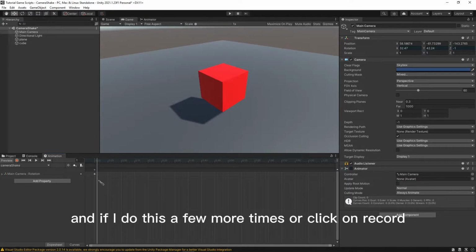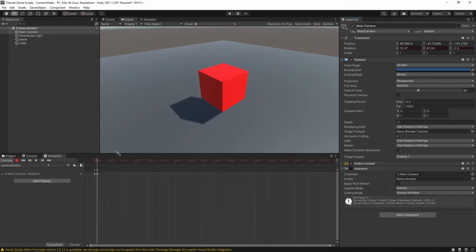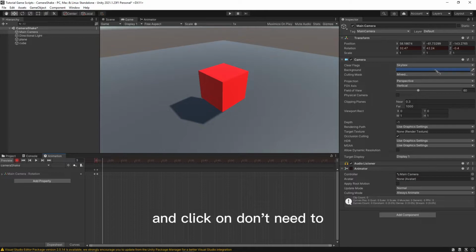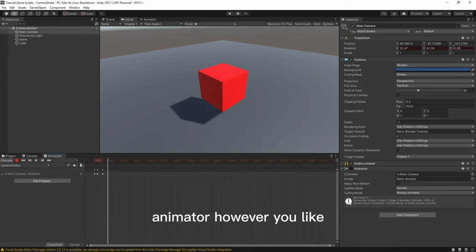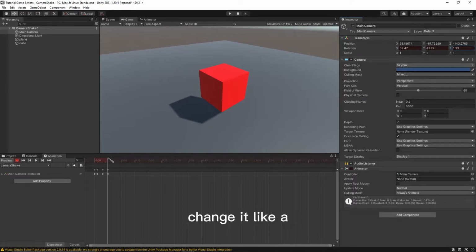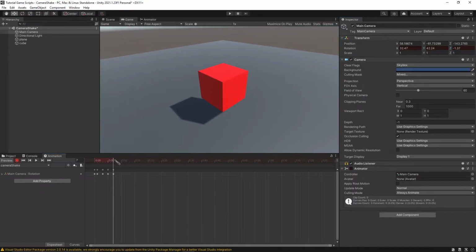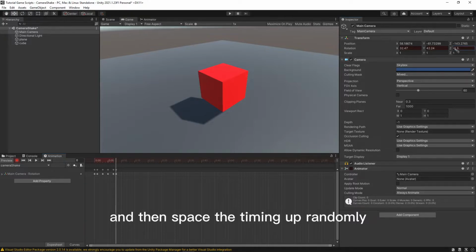And if I do this a few more times, so click on record, change this, and you don't need to keep clicking on it, sorry, just leave it on and change it while it's recording. So animate it however you like, change it like a wider gradient, and then space the timing out randomly,